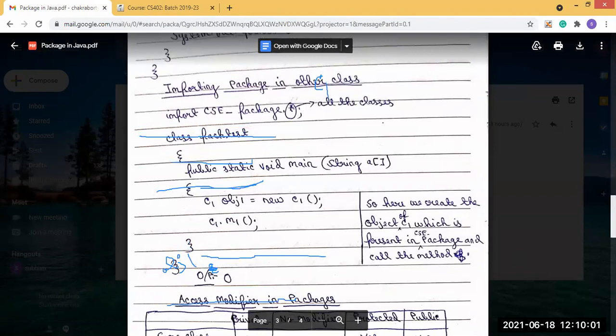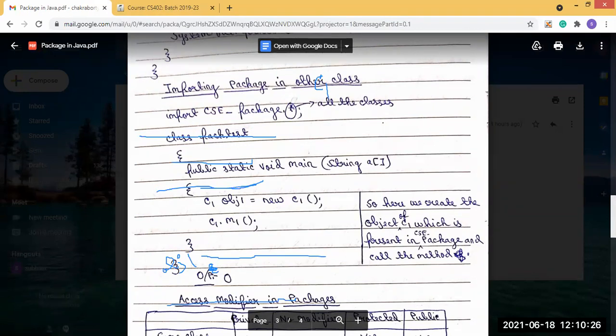That's how we can create a package, and after creating it, we can import this package into any new class which we create. Okay, so this is the concept of the package.